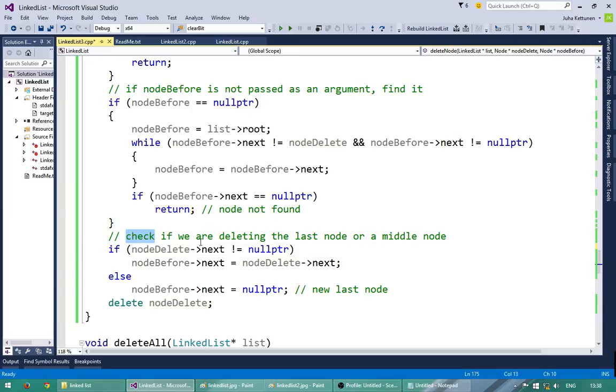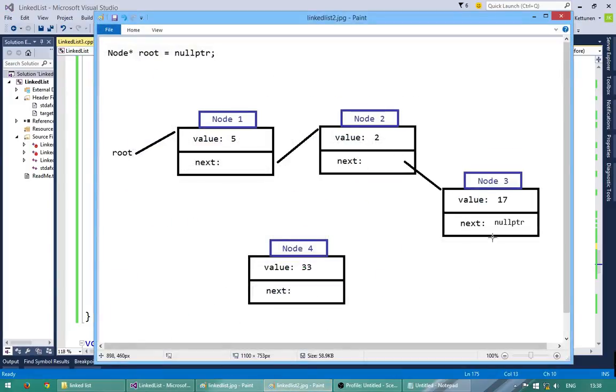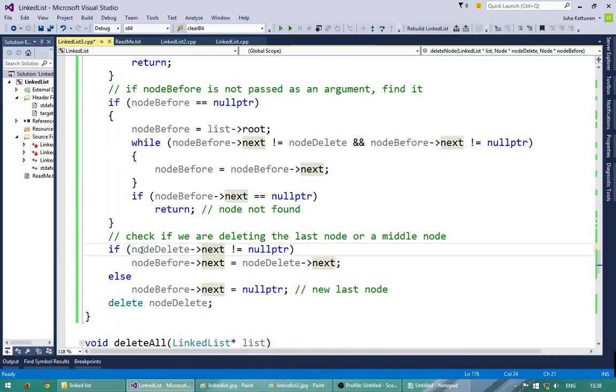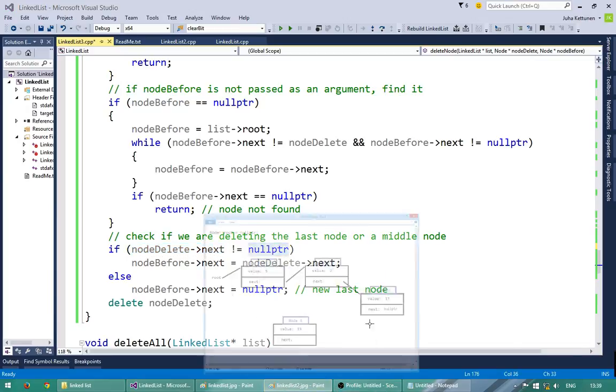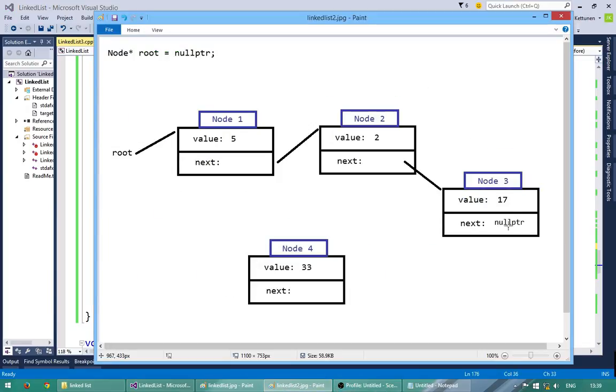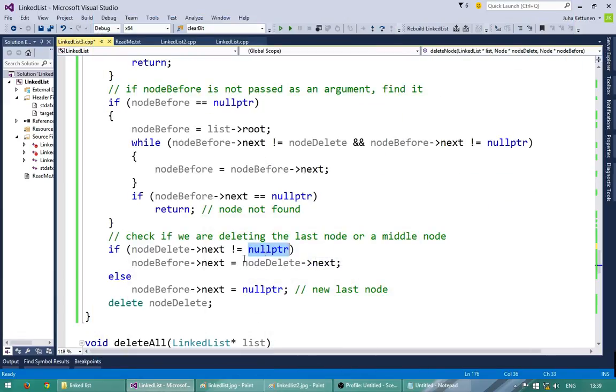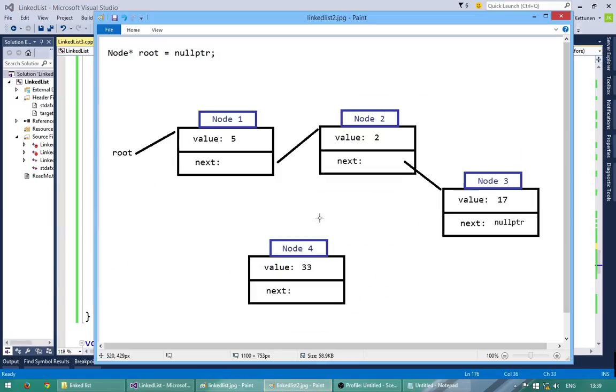And now we need to just check whether we are deleting the last element or something in the middle, because it's a different thing to delete the last element than, for example, this middle one. So here first we are checking if the next is nil, meaning that it will be the last element, because if this next is nil, we are deleting the last element. Sorry, this is if it's not the last element, because there's a not here. So if the next is not nil, that means that we are deleting one of these middle elements here,